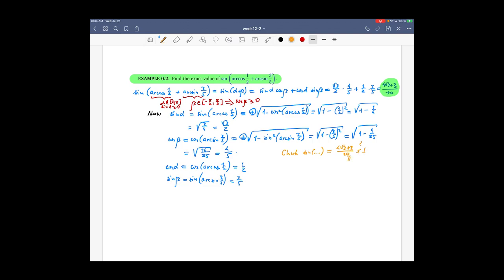That is equivalent to 4 root 3 plus 3 being less or equal than 10. That is equivalent to 4 root 3 being less or equal than 7. That is equivalent to